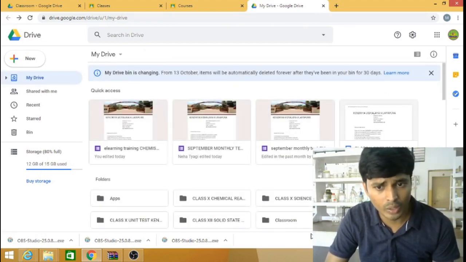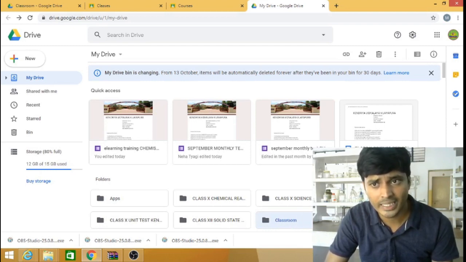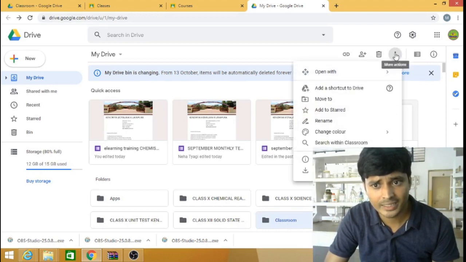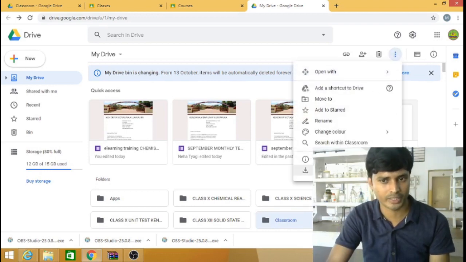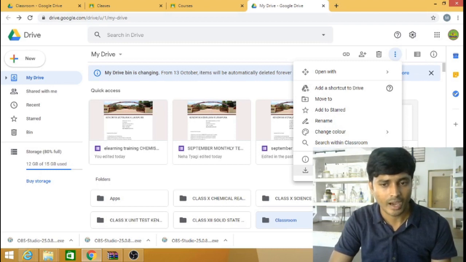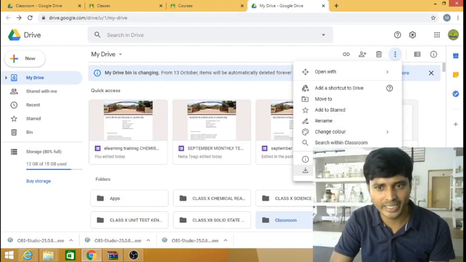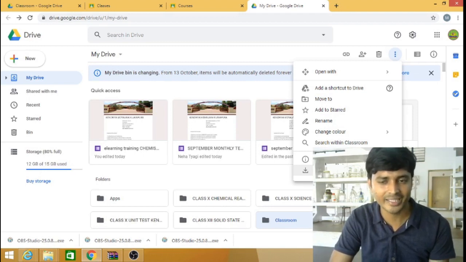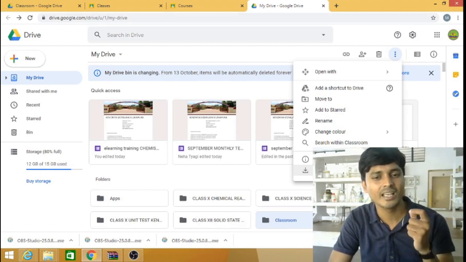What you can do now is go to classroom. Then here 3 dots are there, you click there, then you click on the download option. Or if you want the 10th class, 9th class, whatever it is, separately, whatever classes are related to you, individually that also can be done. So what I am doing here, the download can be done. Since I have already downloaded, this you can download, and it will download as a zip file.